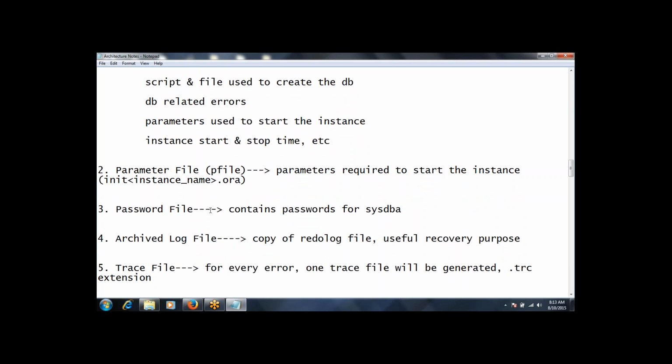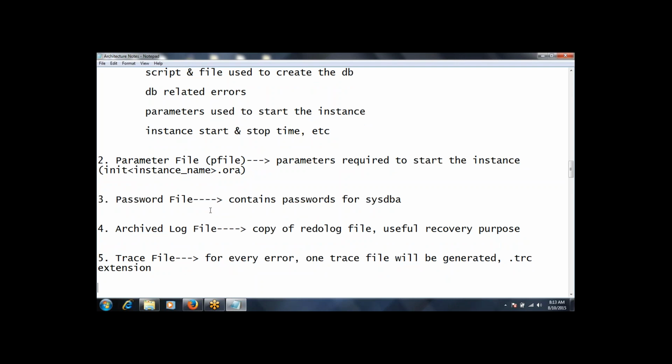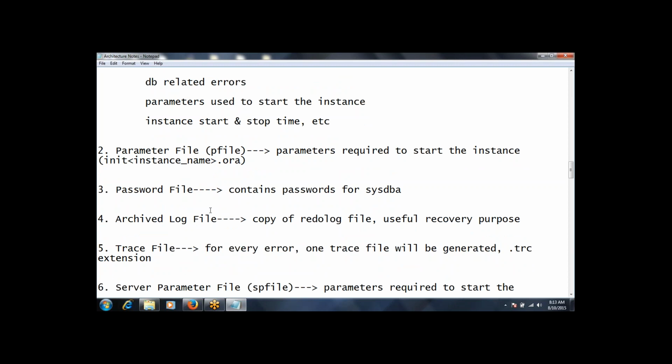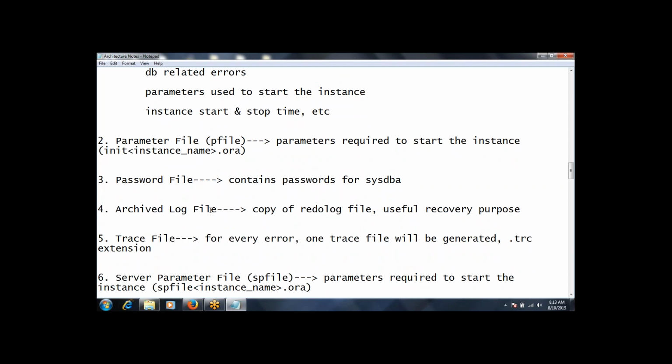Next, archive log file. As I already told you in the previous class, a copy of the redo log file which is used for recovery, we call it the archive log file. We'll talk in detail about the archive log file in the archive log file management class. Next, trace file. Whenever there is any error, a respective trace file will be generated and its error details will be recorded in the alert log file.